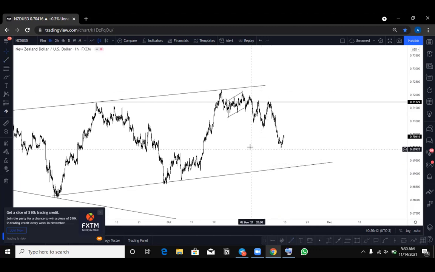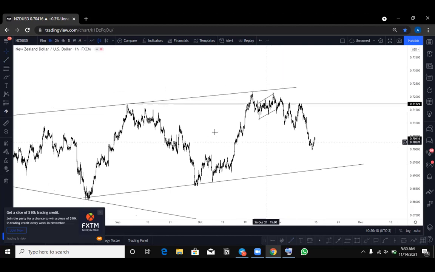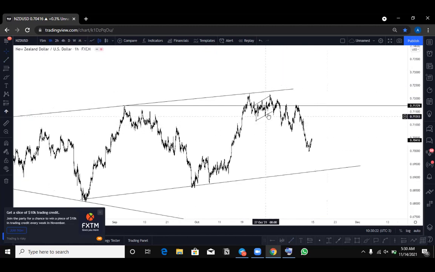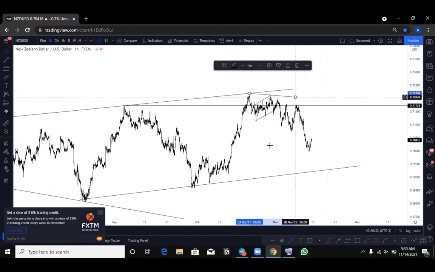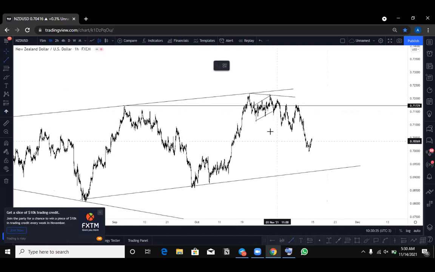Can you please draw your structure that you're looking for buys here? Can you just draw it? Okay, on the chart. Can I wipe out the chart? No, I just want to see where you're looking for your pattern. The pattern that you saw. Probably be somewhere around there, right?